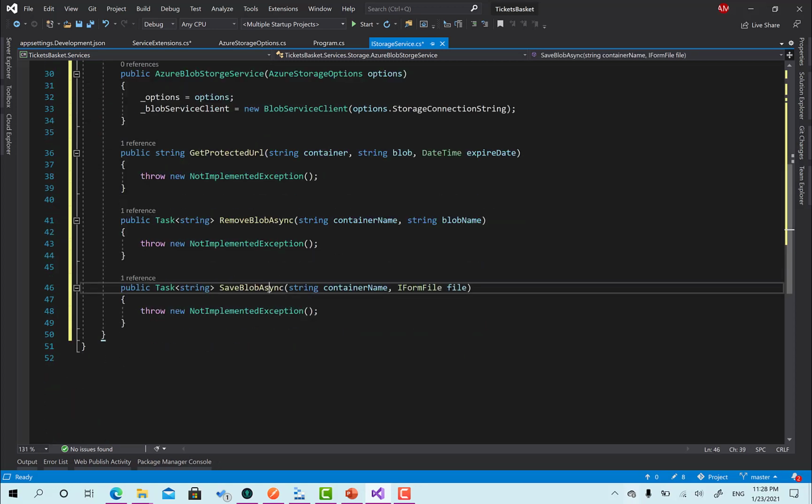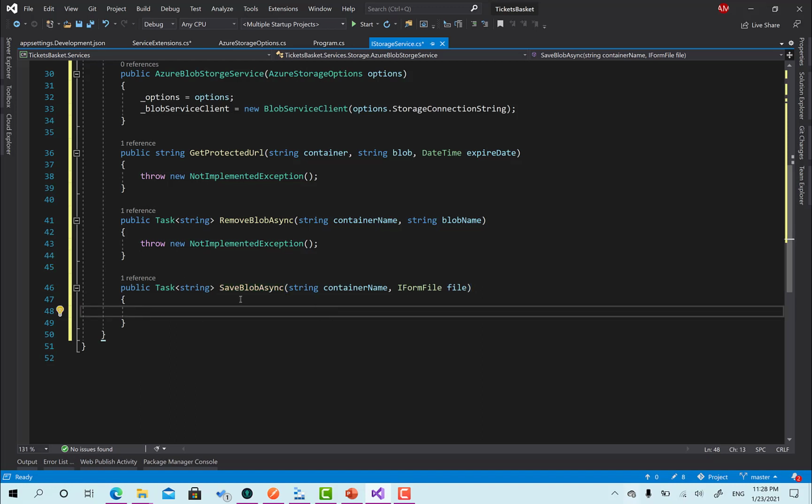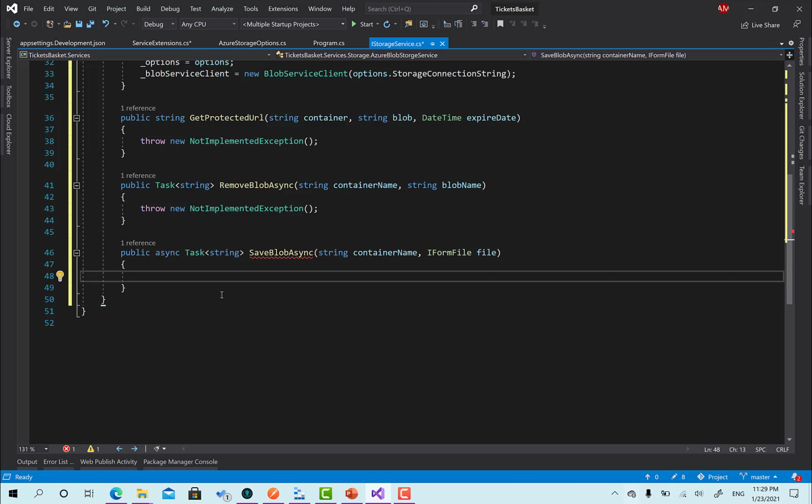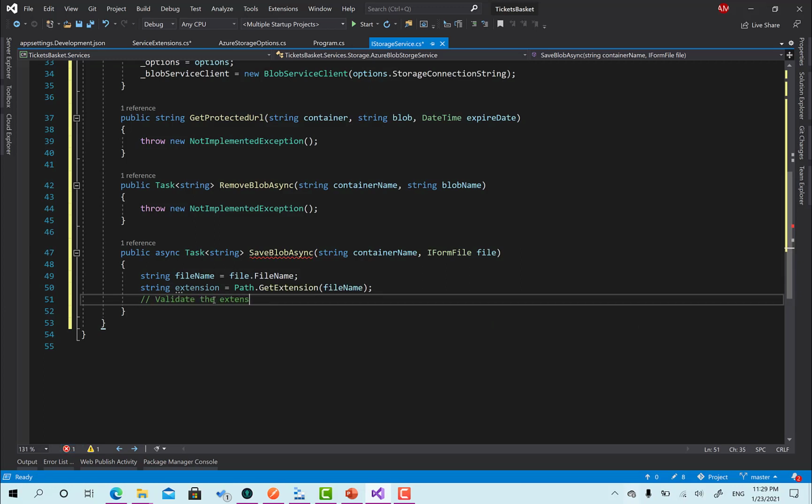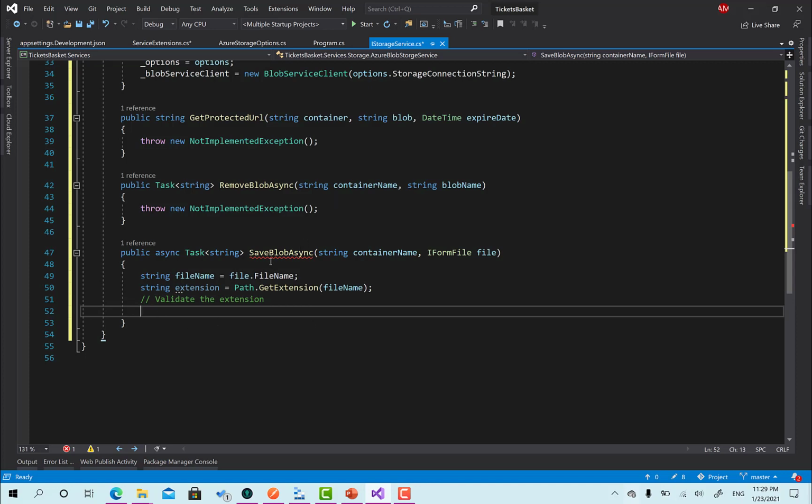So let's get started first with the SaveBlobAsync, which is this one. What can I do right now? First, I need to mark it as async. This is cool. And another thing I have to do is to add a string, the new file name, the current one, which is fileName. And then I can also say string extension equals Path.GetExtension from the file name, using System.IO. Here we will validate the extension. We will do that in a bit after we make sure that Azure Blob Storage is working just fine. So this is the extension, validate the extension, and after that I'll say newFileName equals